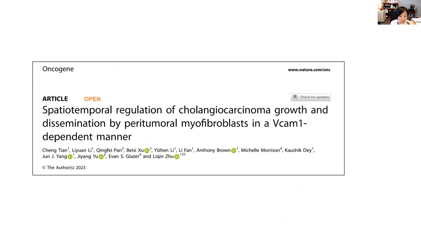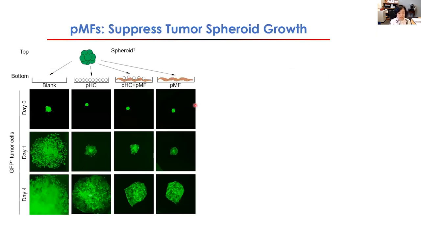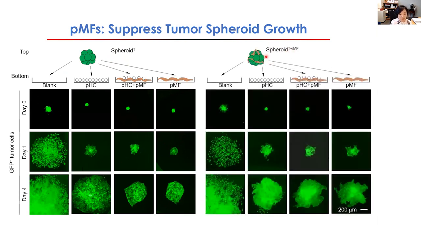So the main message in this study is that, just as in the 3D suspension co-culture that I have shown before, when we have the PMFs plated outside the tumor spheroids, indeed they have a very strong tumor suppressing effect in terms of tumor growth. The tumor spheroids expand much, much more slowly when there are fibroblasts plated outside of them. And when we mix the fibroblasts within the tumor, they actually promote the spheroid growth. But even when the IMFs are promoting, if you have PMFs, then the sphere expansion is also slowed down.